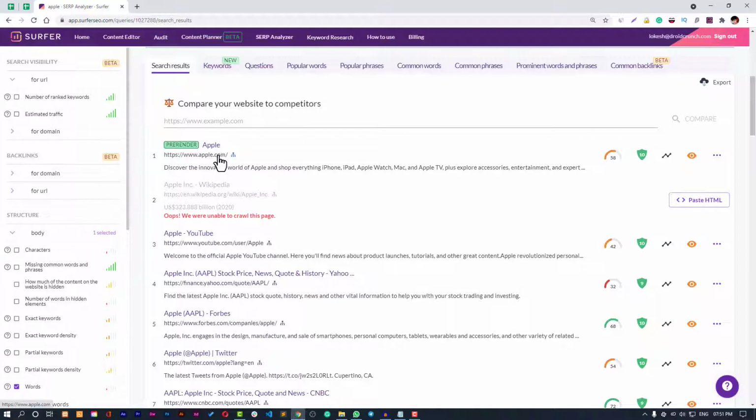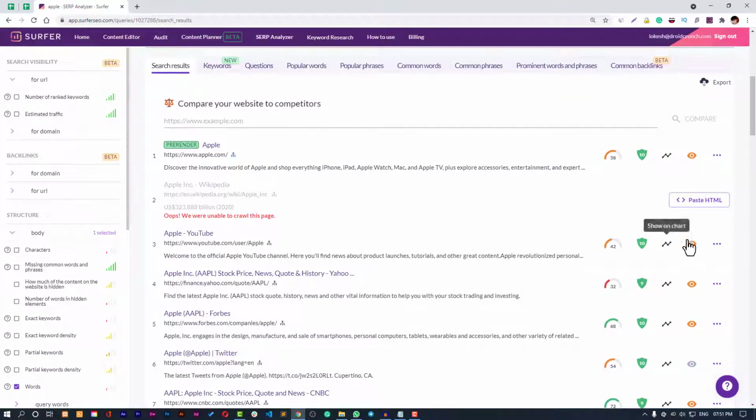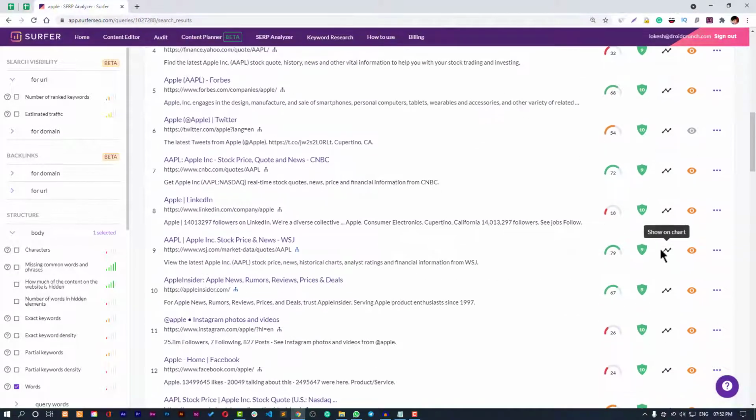Apple is actually the provider, so it will rank because of the authority it has. But there is a chance that their content is not that good, so we can exclude those websites which we cannot outrank with the help of content. We can just exclude websites like these, as they are not quite relevant for our content generation.